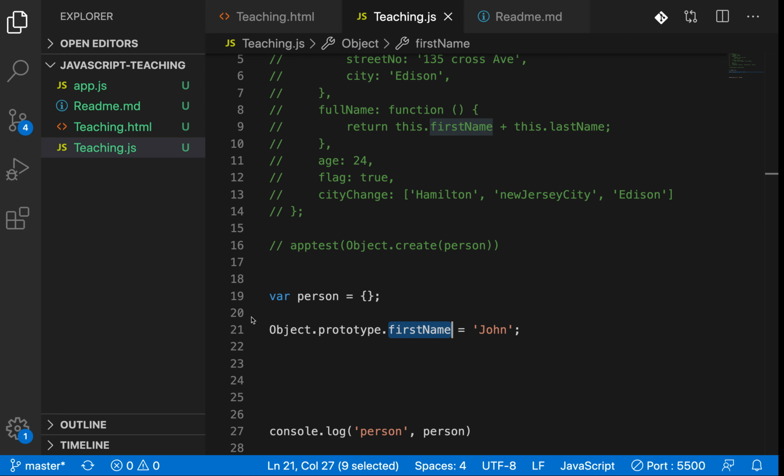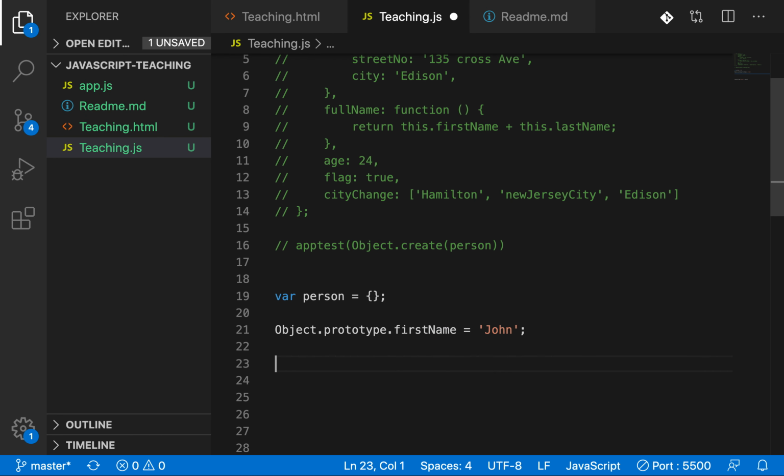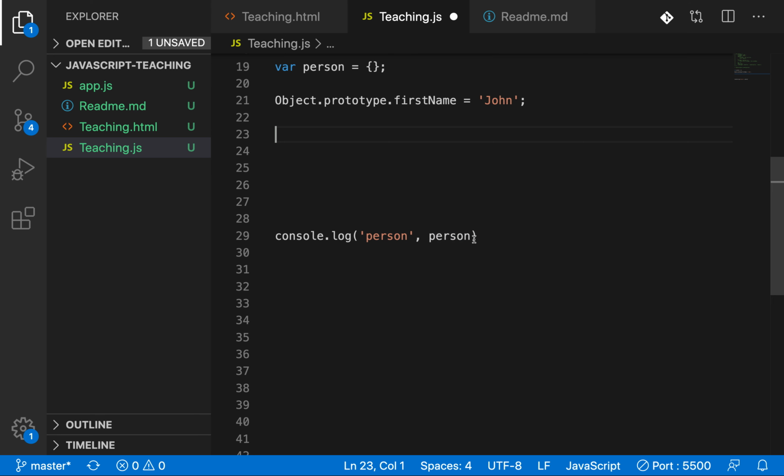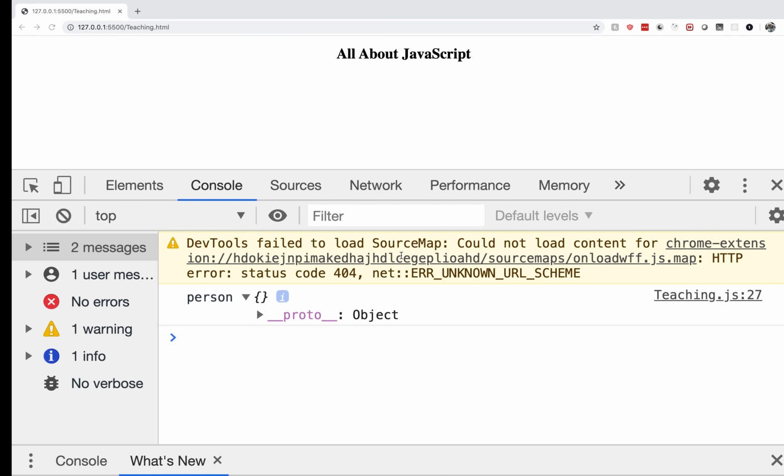Let me show you how we will access the properties with the help of dot or square bracket. We know that person is an empty object, but I am accessing dot first name on it. Let's see what will happen. person.firstName.